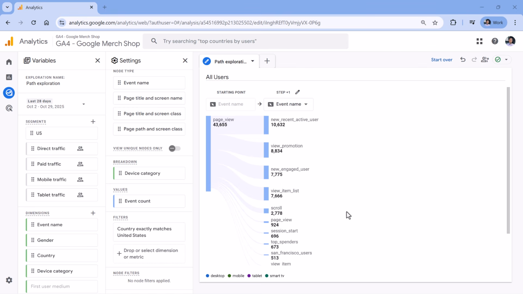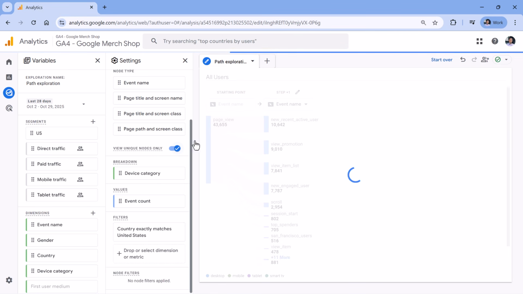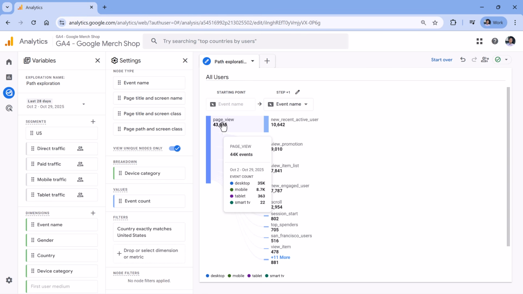They are not unique. But if you find yourself in a situation where you would have, let's say, page view, then another column page view, then another column page view again, you could toggle this option right here, and it would make sure that two subsequent columns will not have the same value. So now if I look at the first column, I see page view, but in the second column, page view